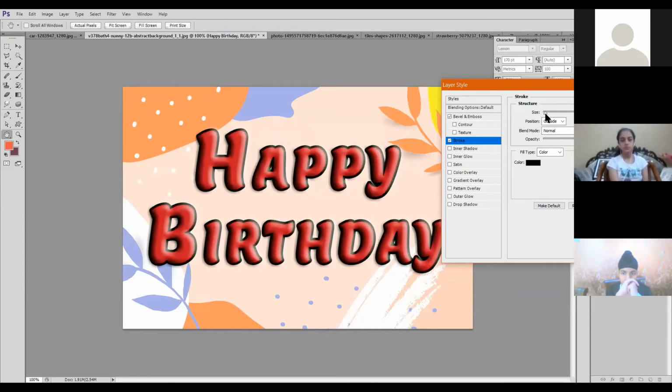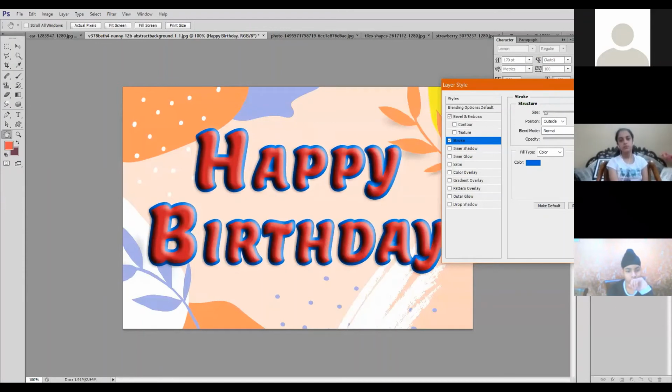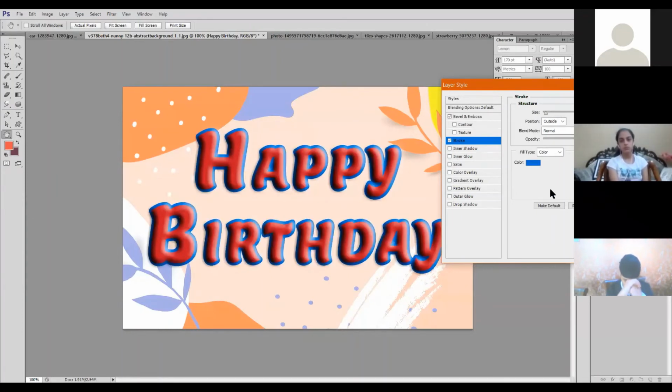I can increase it. Choose the color of outlining. Click on OK. You can see. If you do not want to apply, if you want to remove the stroke effect, you just have to deselect it. Select it again. These settings are applied and deselected.